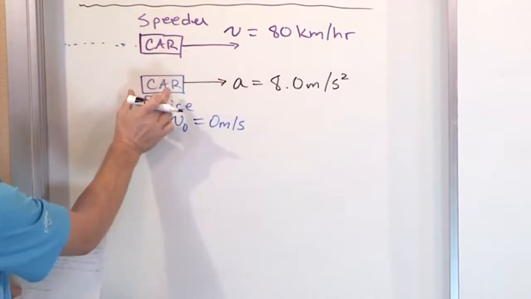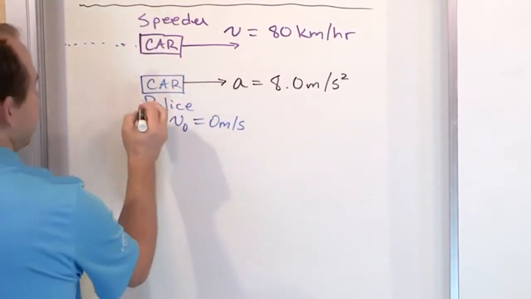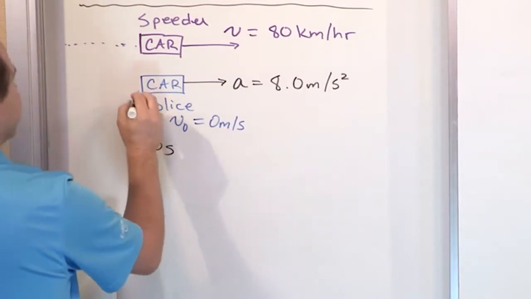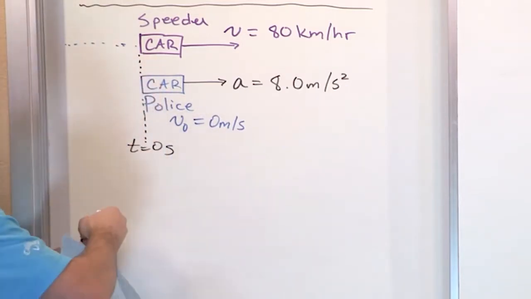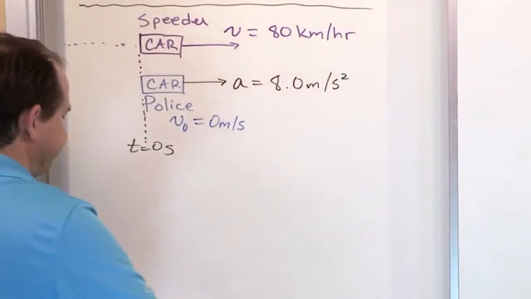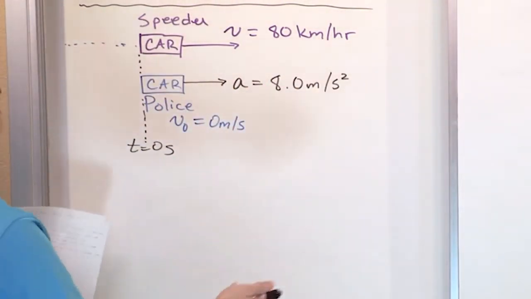So at this moment they're lined up exactly, and we can call this time t equal to 0 seconds, the moment when the cars are basically lined up. And then every second that ticks after that, the cars are going to be in different positions. So you can do it however you want, but the way I